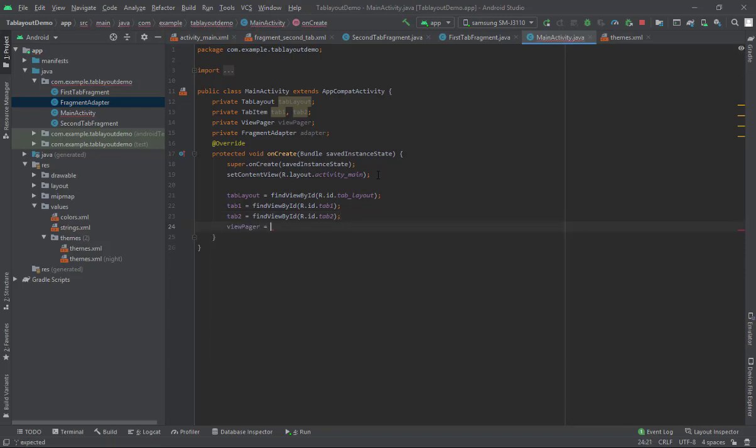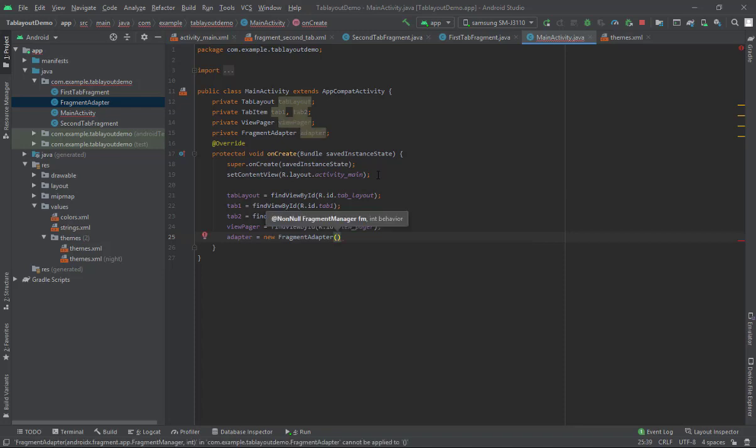And now let's instantiate our view pager. ViewPager equals findViewById, R.id.viewPager. Now let's create the object of our adapter. Adapter equals new FragmentAdapter,